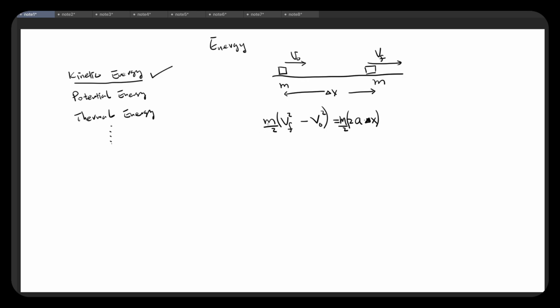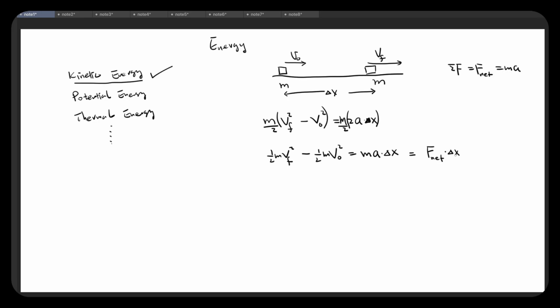The left side is 1/2 m V final squared minus 1/2 m V naught squared equals. Now on the right side, these two 2's cancel out, so we have m a delta x. Now, according to Newton's second law, net force sigma F or F net equals ma. So I can replace this ma by F net